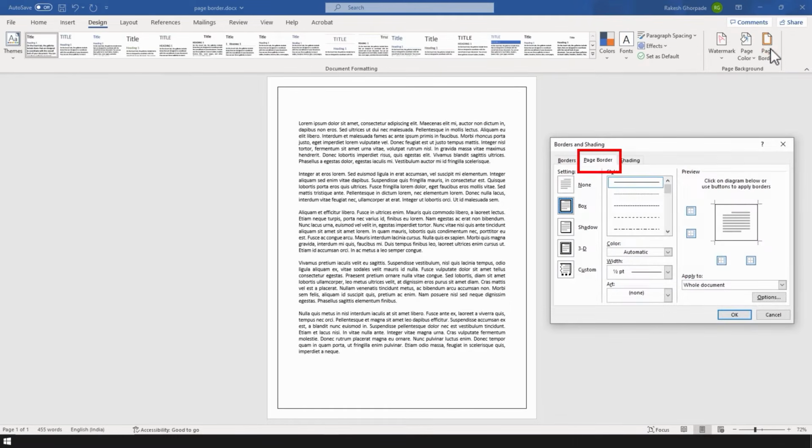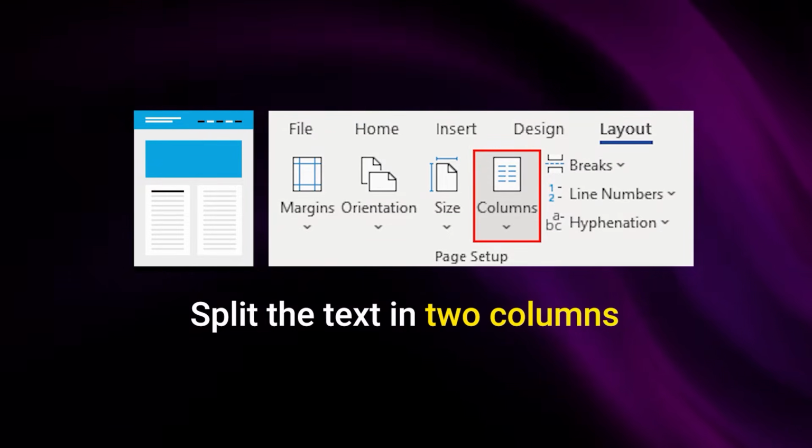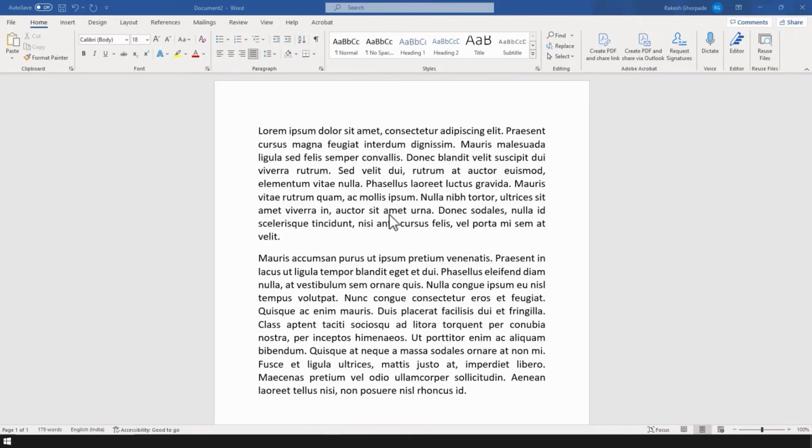In the Page Border dialog box, under Settings select None and click the OK button to remove page border from document. Split the text into columns. Select the text you want to